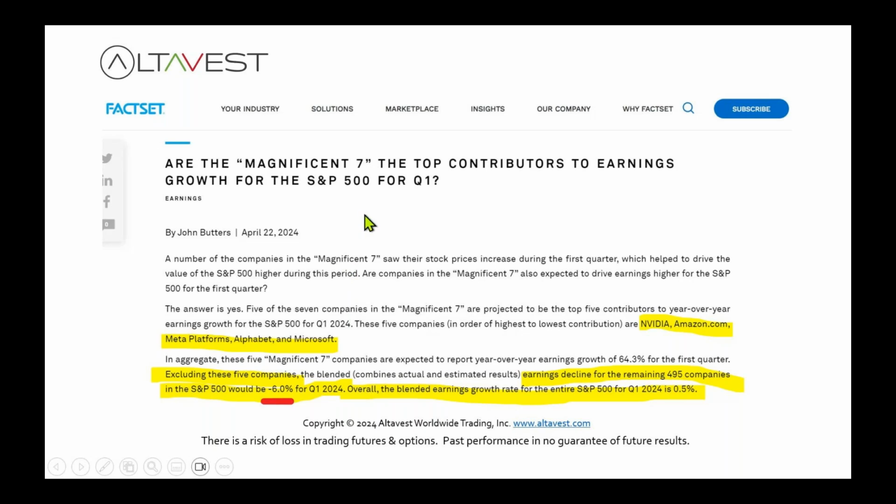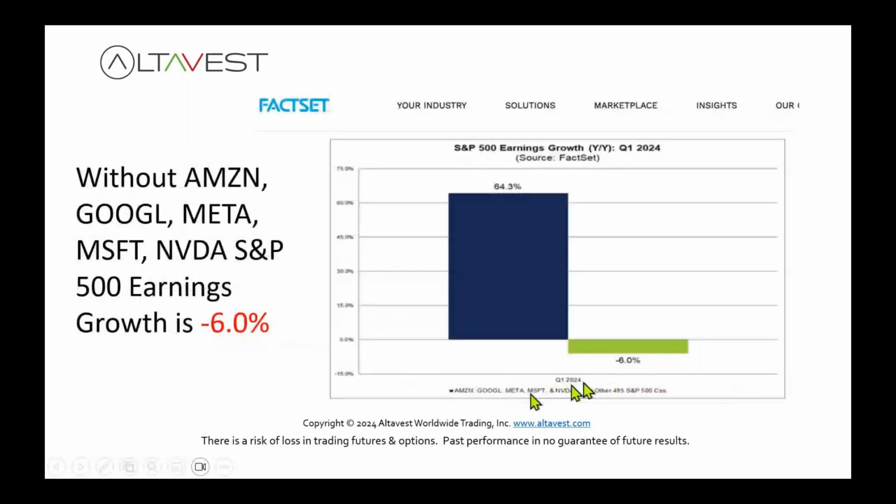First quarter of this year, S&P 500 earnings growth. If you remove 5 companies, NVIDIA, Amazon, Meta, Alphabet, and Microsoft, if you remove those 5 companies from the S&P 500, the S&P 500 would have negative 6% Q1 earnings growth. Think about that. So here's what it looks like. Negative 6% without those 5 companies. So 495 companies remaining in that index